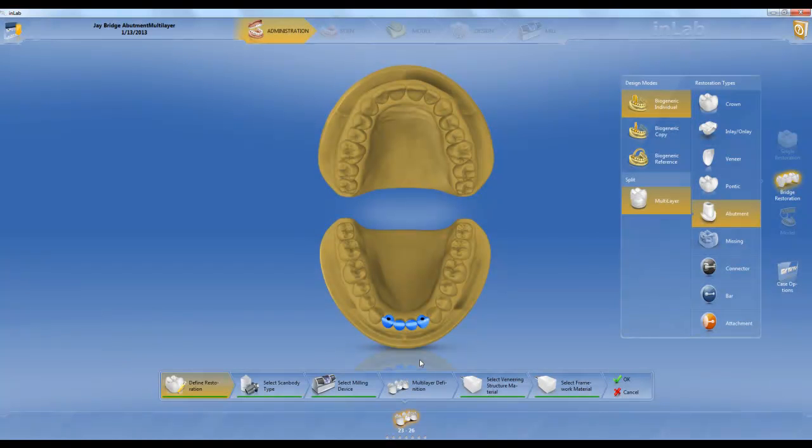This next design mode that I'm going to talk about is very exciting. It allows you to design a bridge and custom abutments all from the same scan. We're going to design the bridge full contour and then split it into lower custom abutments and an upper bridge. How this works is you choose Bridge Abutment Multilayer,